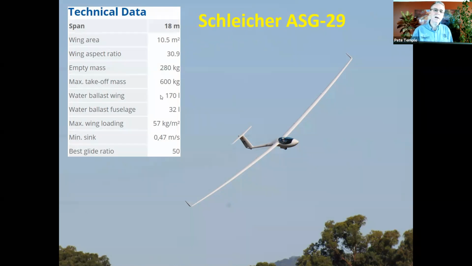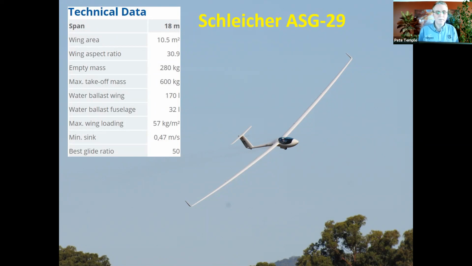So they do that by either having a heavier glider, this one's limited to 600 kilograms, or having a smaller wing area, therefore the loading on the wing in kilograms per square metre is higher. So some of the new gliders have maximum wing loadings above 60, which means they are a real rocket in the stronger conditions. Of course, they need some stronger lift to actually be able to climb at those sorts of